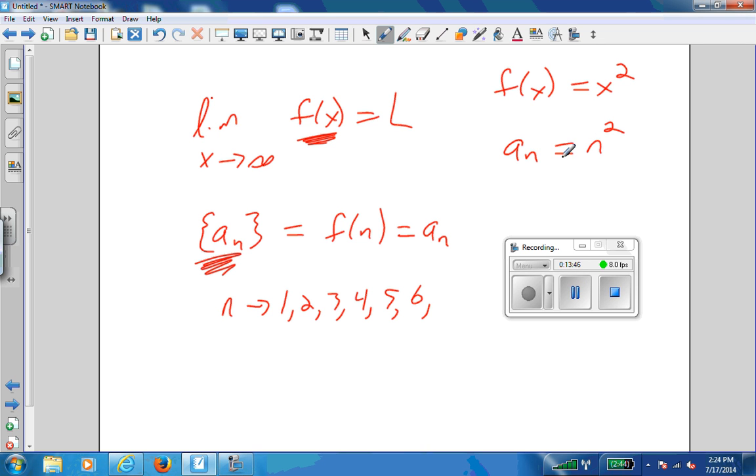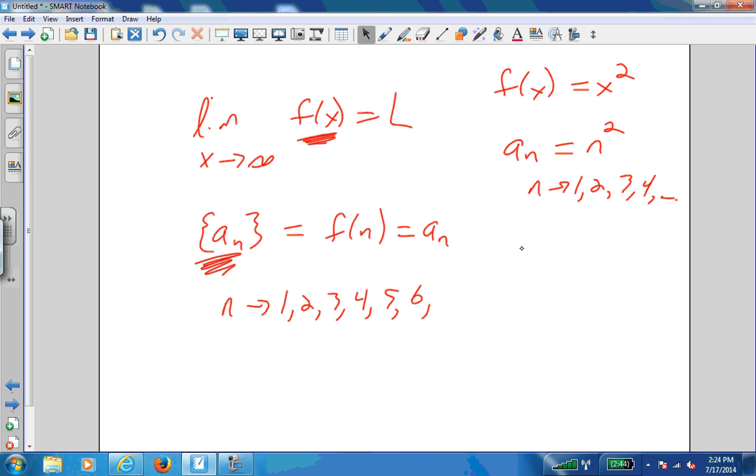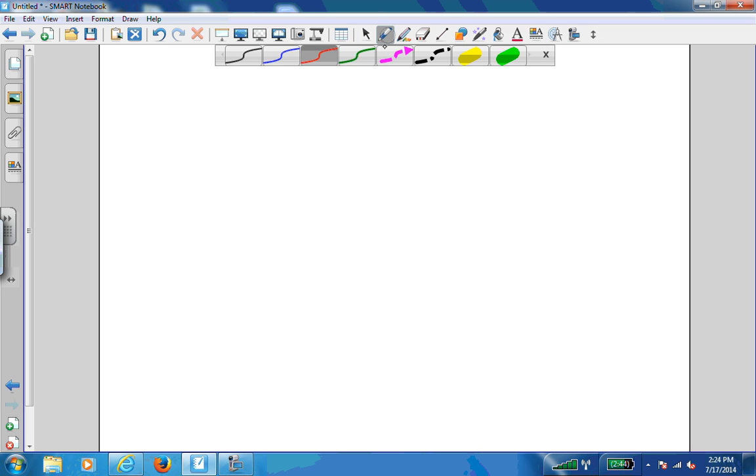This sequence is only used for natural numbers. So one of the theorems says if the corresponding function has a limit of L, then the sequence will have that same limit. So if we have some sequence that's messy,